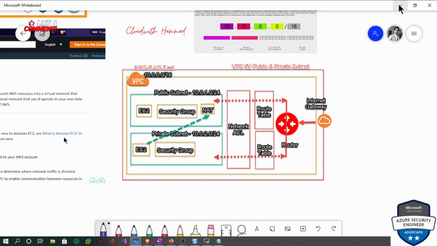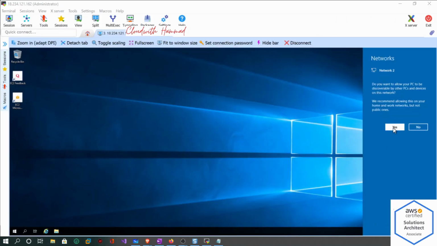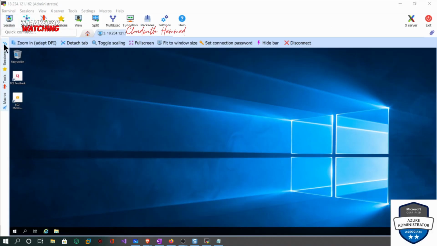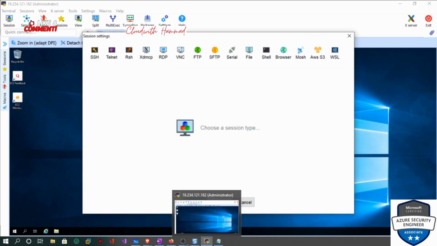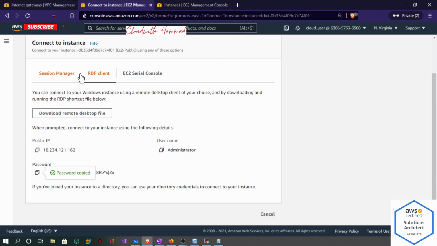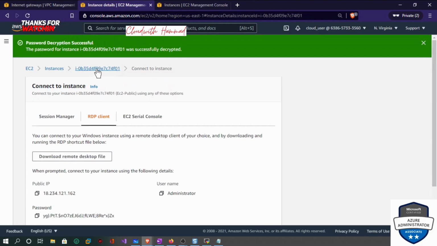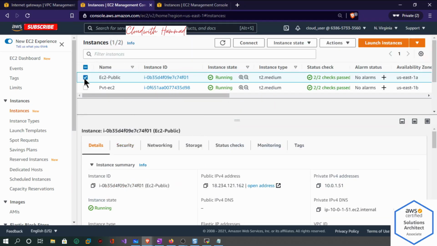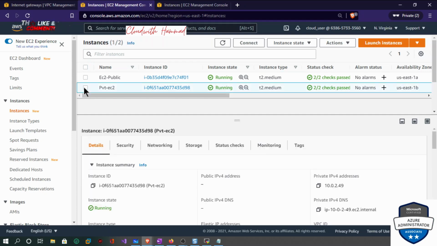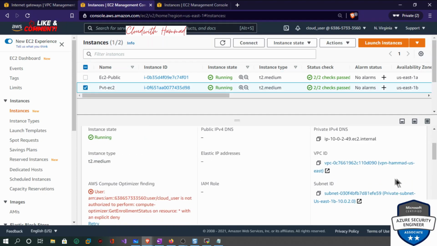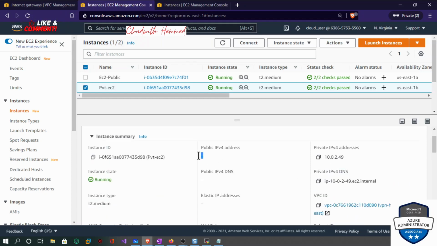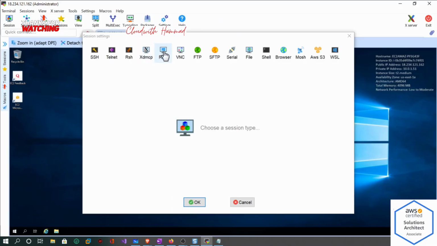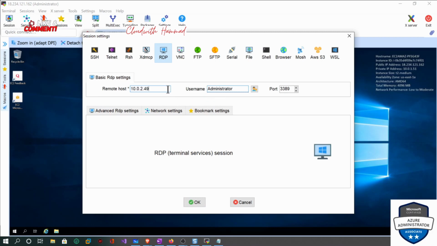So one more thing. Now, in order for me to connect to, let me show you. If I want to connect to my EC2, which is on the private subnet, let's say if I click here, and obviously it's on the private subnet. You can see this is the VPC and this is the private subnet. It doesn't have a public IP, so I won't be able to connect from public. So if I copy this and go back here and click on this,